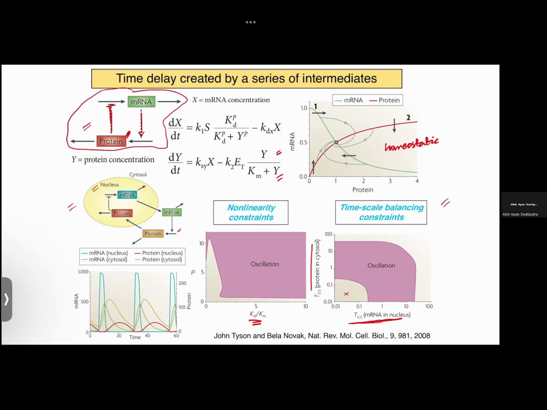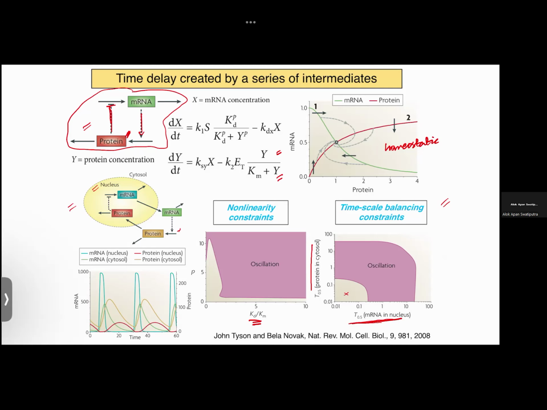So, whatever mRNA is being produced in the nucleus, it is degrading so fast, it is so unstable, because its half-life is small, that before being trafficked outside to have any significant effect, it has already degraded. Similarly, in terms of your protein, if your protein is so unstable in the cytoplasm that it cannot be trafficked at all, then